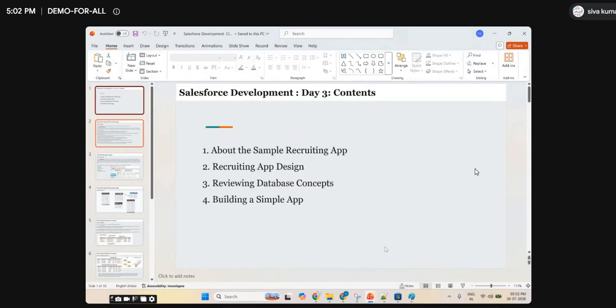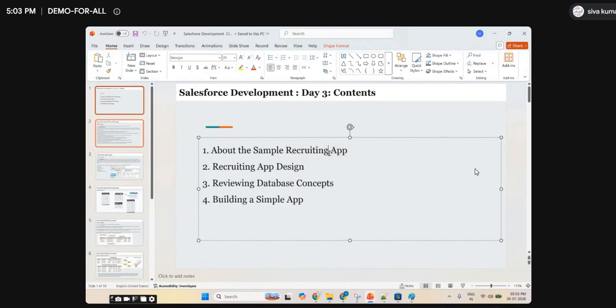Here I'm taking one recruiting app, to understand all the custom and standard, what is the field, what is the object. You will create your own app, and if you create your own custom field, custom object, you will get to know. That's why we'll create our own recruiting app here, other than what is available in Salesforce. I told you, Salesforce is not only for configuring the CRM. You can create your own custom apps also. That is the beauty of Salesforce. You can create as many apps as you want, and add everything that is outside in our system here in Salesforce.